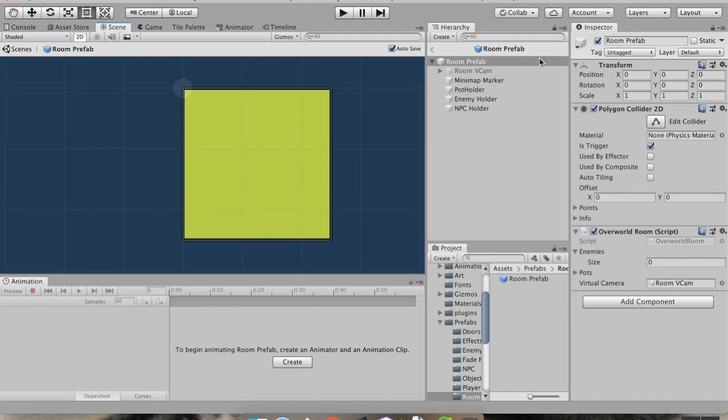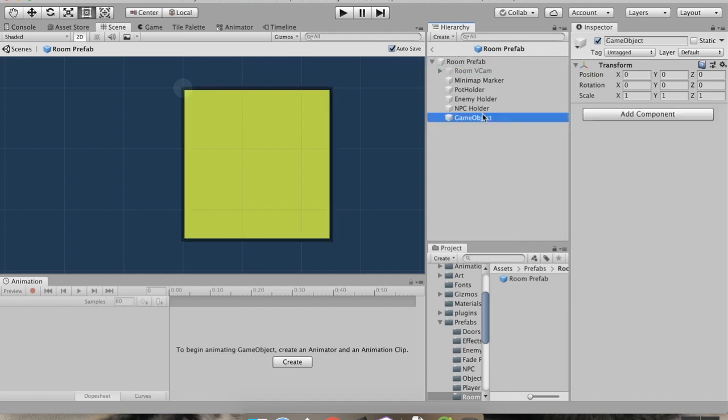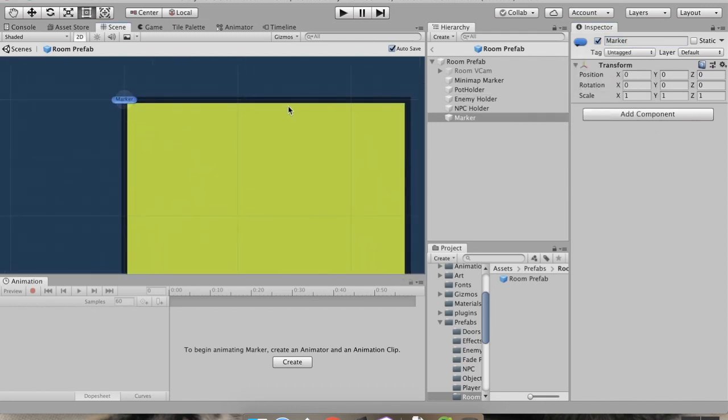I'm going to add to this a new object. So room prefab, create empty. I'm going to call this marker. And then this marker is going to have position in space, and I'm going to use a tag on it. So I'm just going to use that icon, marker. And this way you can actually see where stuff is. So I'm going to go back,